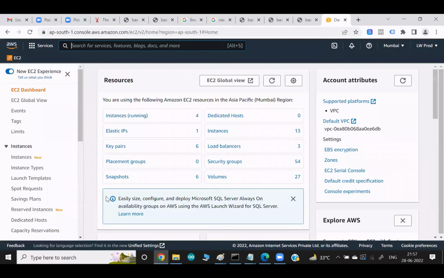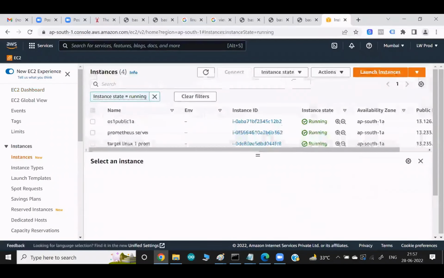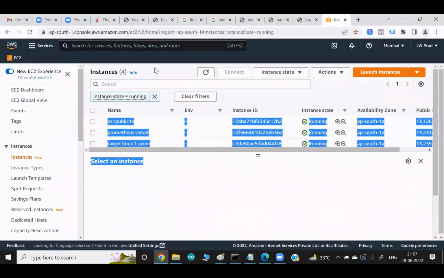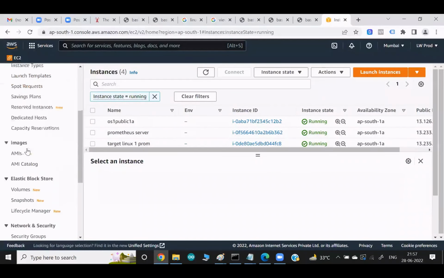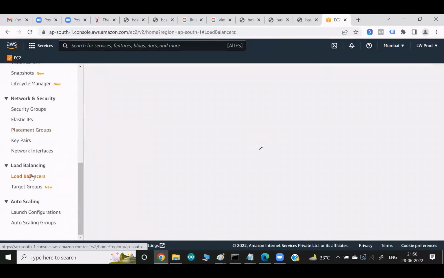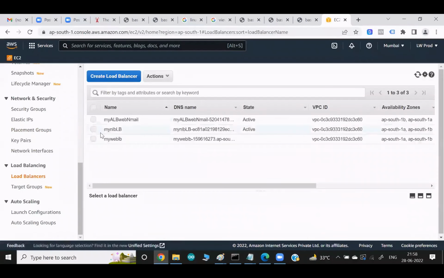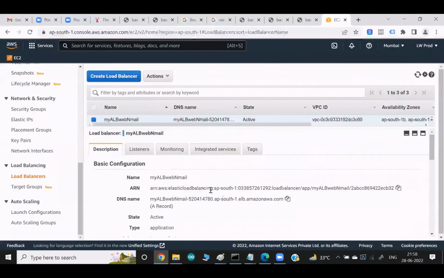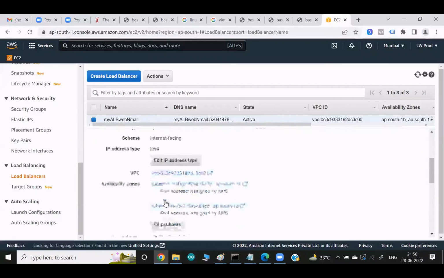Okay, right now we are running with these 4 instances. In my case right now, and in the last class, I have created one load balancer already. The name is the application load balancer. If you see the detail in this load balancer,